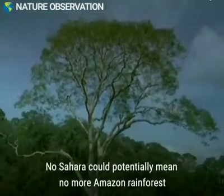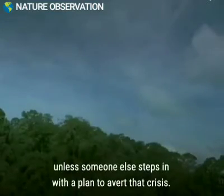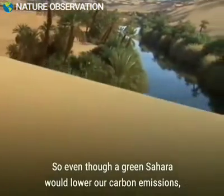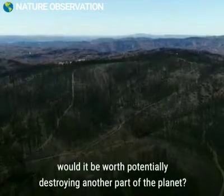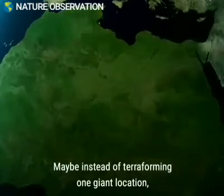No Sahara could potentially mean no more Amazon rainforest, unless someone else steps in with a plan to avert that crisis. So, even though a green Sahara would lower our carbon emissions, would it be worth potentially destroying another part of the planet? Maybe, instead of terraforming one giant location,